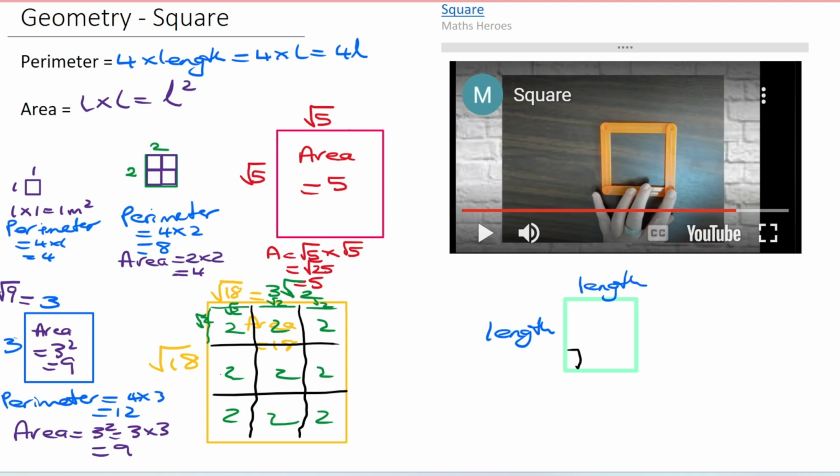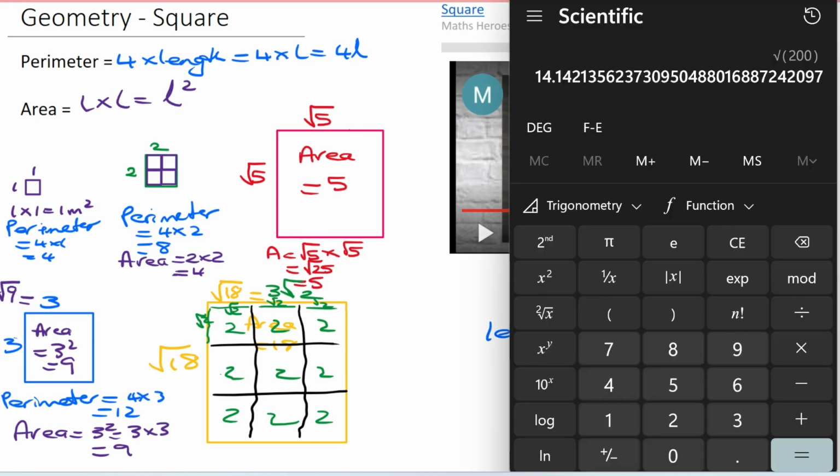I'll get my calculator up. And there it is. So let's just press in the square root of 18. Now you may have to press in the 18 first and then hit the square root button. It depends on your calculator. So the square root of 18 is, as a decimal,